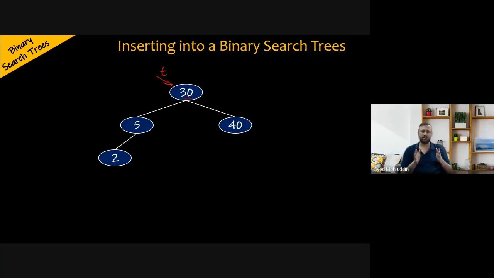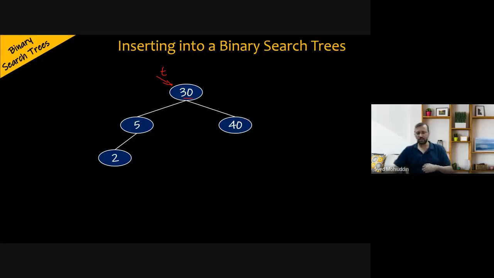Because binary search trees have a property that they have unique elements, no duplicates. So we check if it is equal to that element. If it is equal, then we say the element cannot be inserted. If it is less, then we traverse the left subtree, and if it is greater, we traverse the right